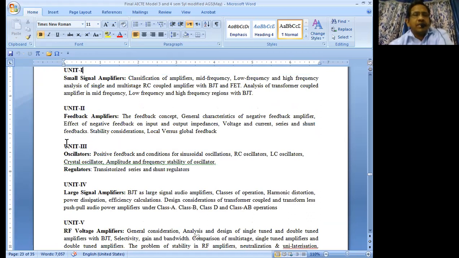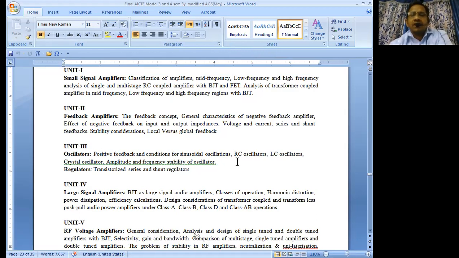And the basis for all these 4 units is going to be unit number 1. That means if you really know unit number 1, if you really practice unit number 1, you can easily get through all the remaining 4 units. So the key lies in understanding: all the rest of the units, like units 3, 4, 5 in AEC, depend purely on the understanding of unit number 1.